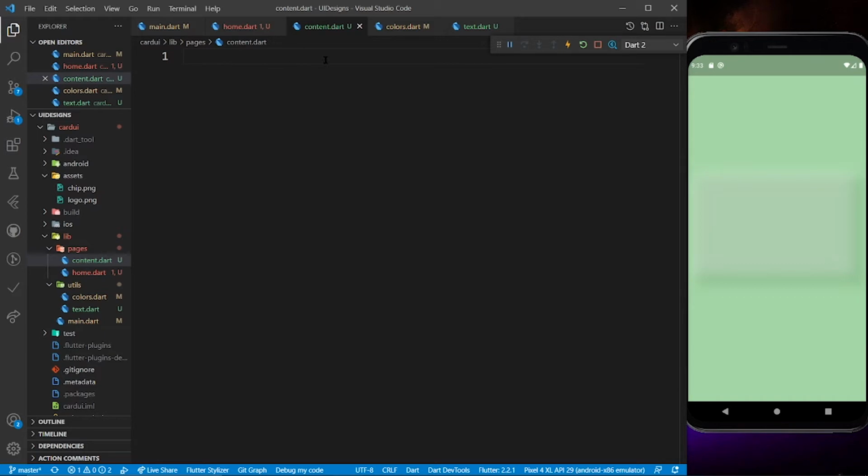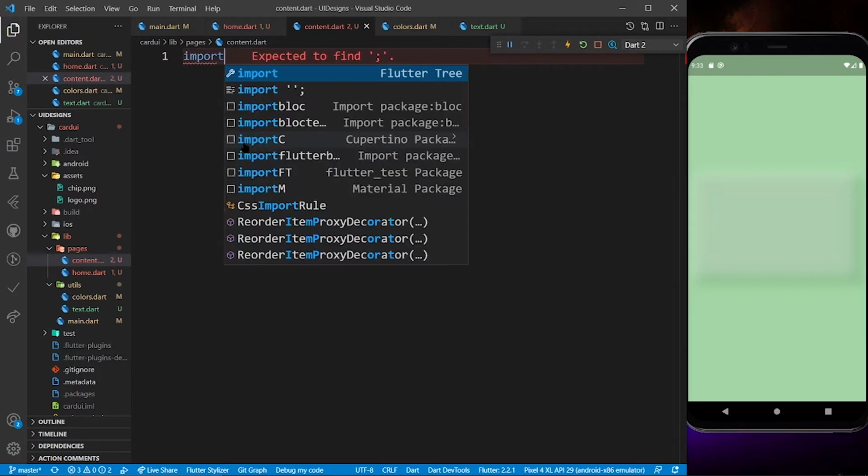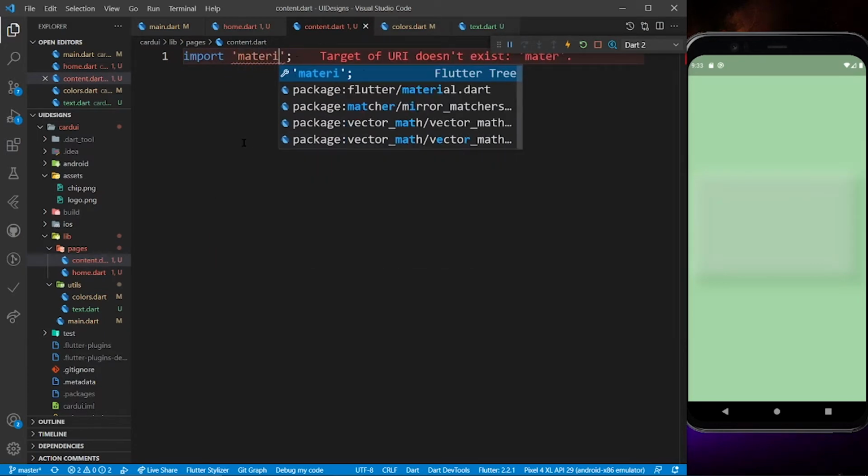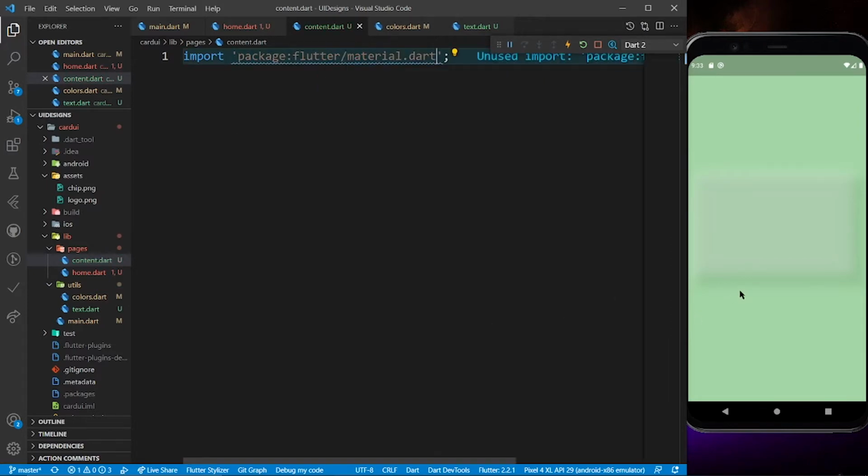So let's start working on this content.dart. Again, I will import material.dart. Now we have already seen the neumorphic design, and now we are going to see the stack and position. If you have not understood the neumorphic design, let me go once more to that